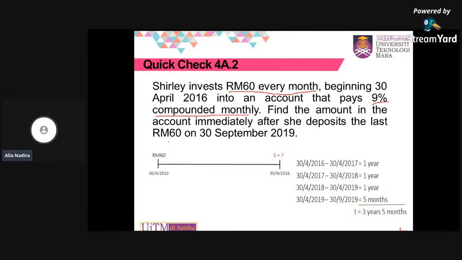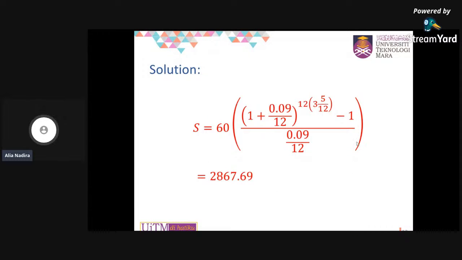Okay, so like I said before, kalau investment or deposit money, dia mesti guna formula future. Okay, so here what you need to do is you need to calculate dulu timeline dia. Dia masuk on 30th April 2013 up until 30th September of 2016. Okay, so this one saya tak nak ajar dah macam mana nak kira. Saya rasa you all sepatutnya dah mahir how to kira dia punya tempoh masa. Okay, so here the solution. You just substitute with your R, K over M, M times T. Okay, so then you will get the answer.